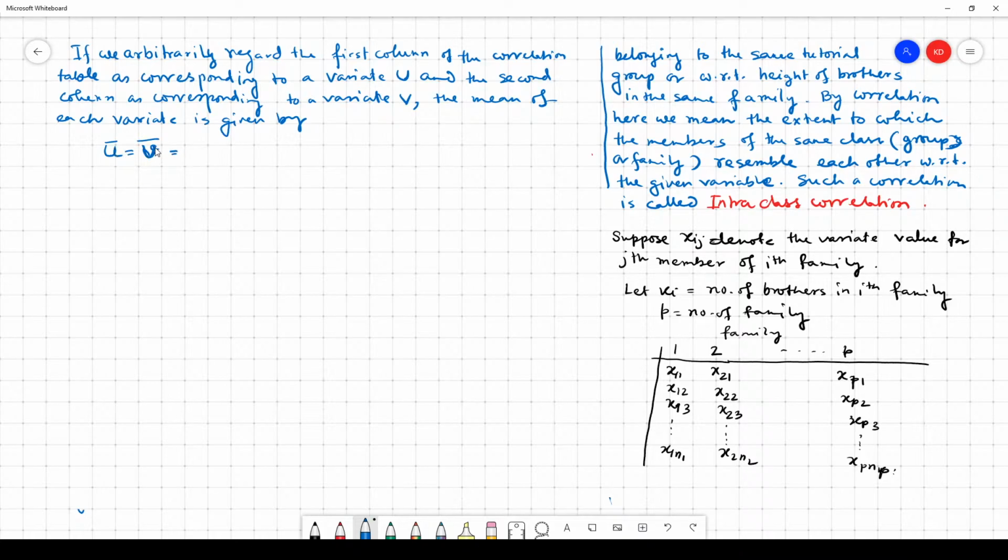It is better to write small u bar, v bar. So if you look at that table, then